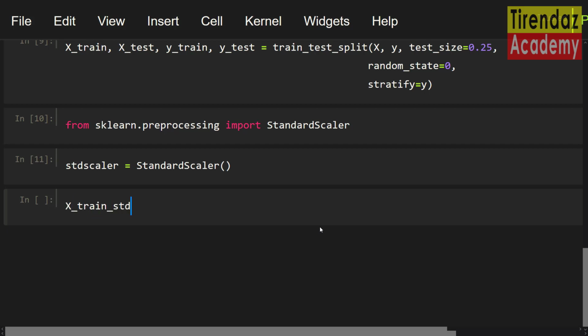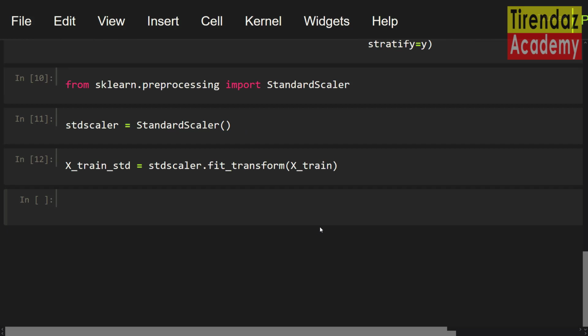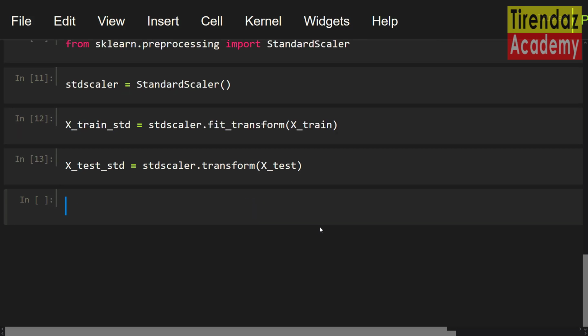X_train_std equals std_scaler.fit_transform, let me set X_train. Now let's transform the test data again using the train parameters. X_test_std equals std_scaler.transform, X_test. Thus, we have scaled the data.